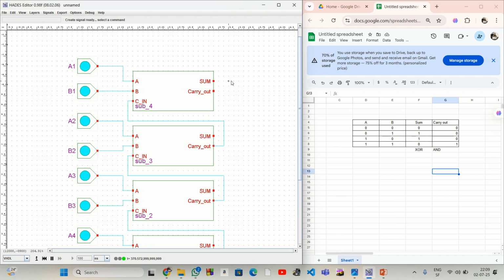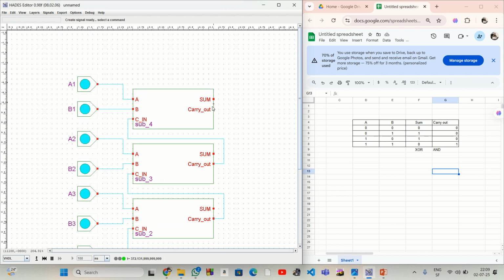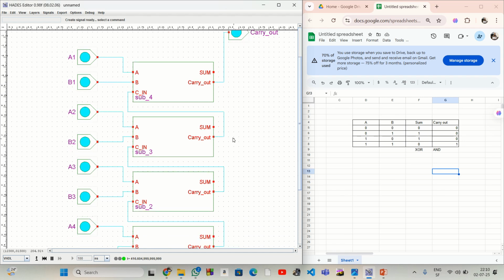Now this carry out that is remaining here is not being connected to any subdesign, and therefore I'll put an LED here that can show its value. So create IO output LED that can give out its value whether it's having a carry out or it doesn't have a carry out. And I'll name this as carry out. So the carry out will be connected to this carry out,